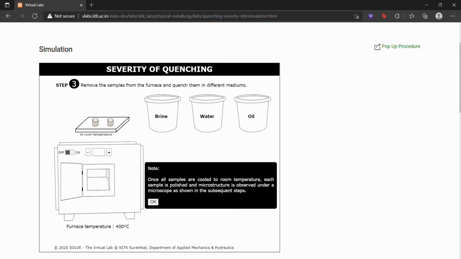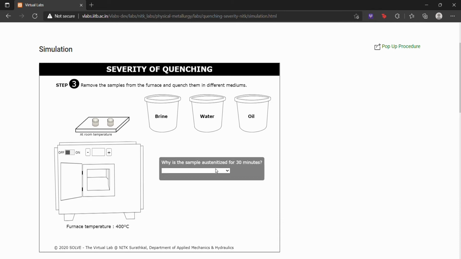Once all samples are cooled to room temperature, each sample is polished and microstructure is observed under a microscope as shown in the subsequent steps. So why is the sample heated for 30 minutes? It is to